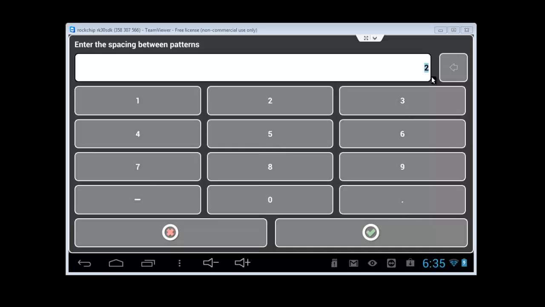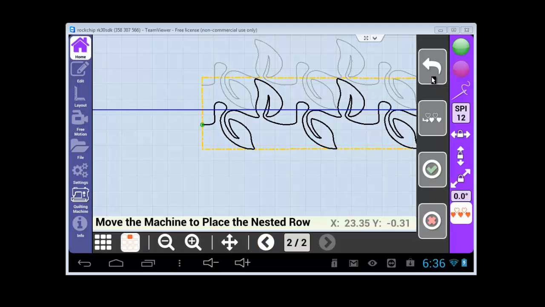Now if we were to press that indent icon one more time, and let's put -2. So now what it's done is it's bumped it up into the pattern 2 inches, because that's negative spacing between the two of them. Now obviously -2 was too much in this particular case, but I think that illustrates